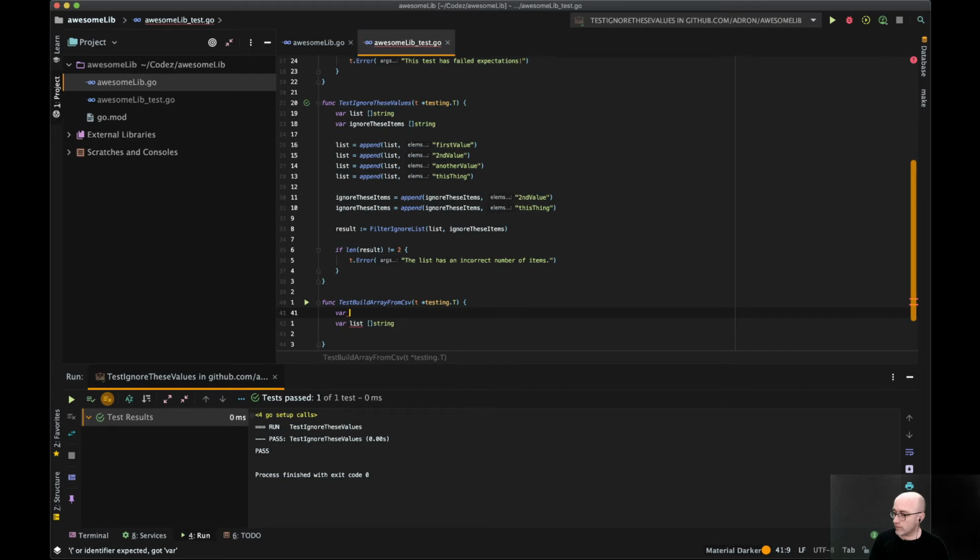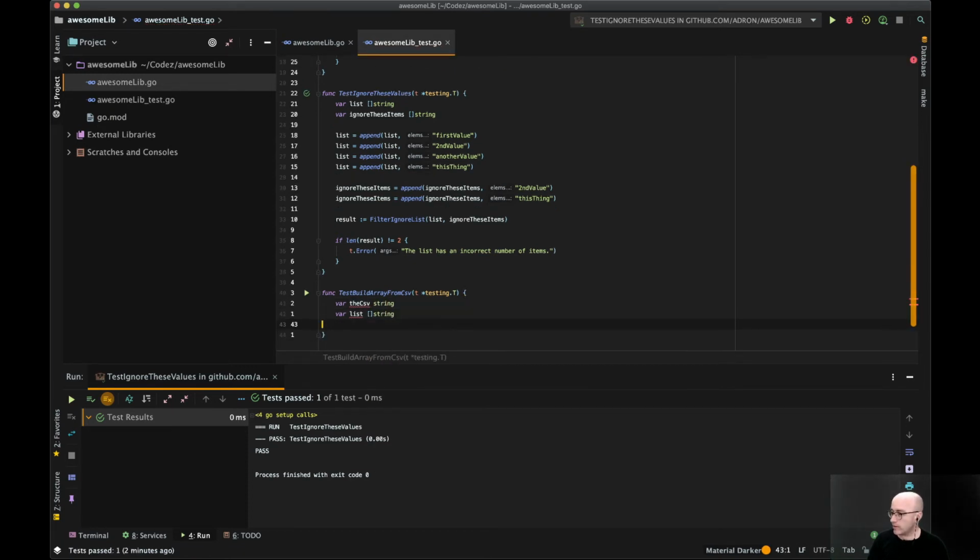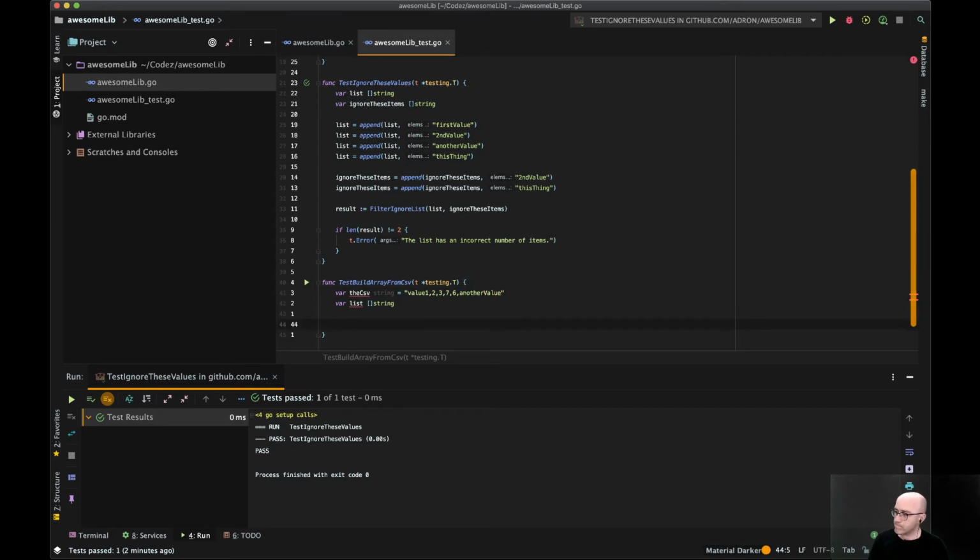Oh wait, the CSV. There we go. All right. Another way you can do this, we could just go ahead and say value 1, 2, 3, 7, 6, another value, right? If we go back and look at what this says, since string is knocked out, it's saying delete type because you don't need it. Since I'm assigning it to a string value, Go knows that that's a string value.